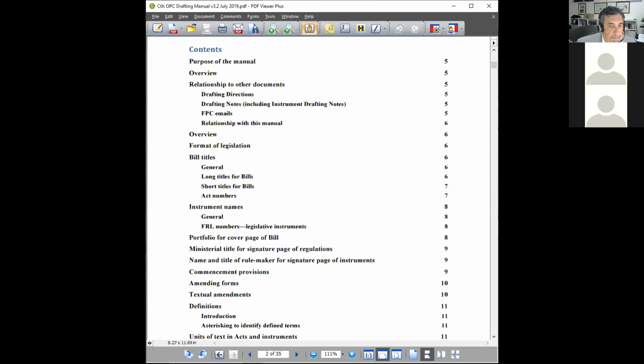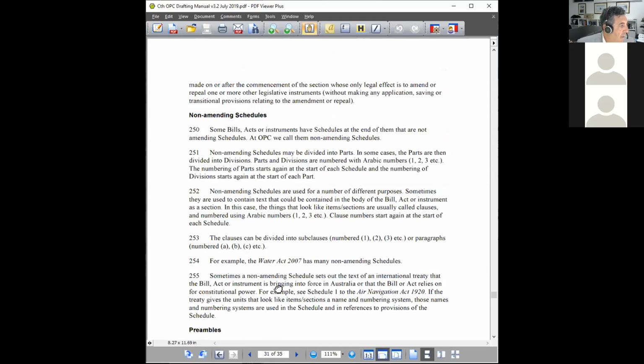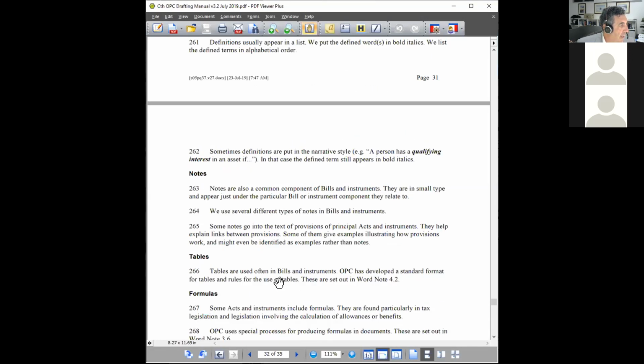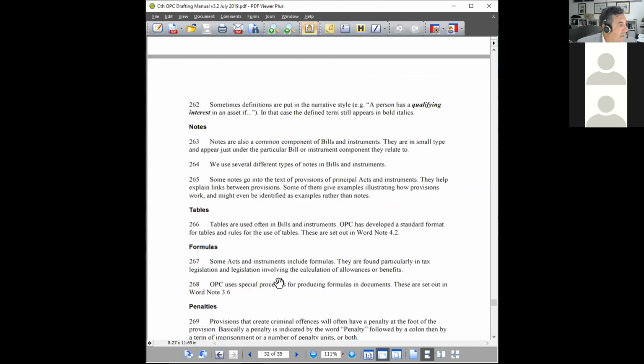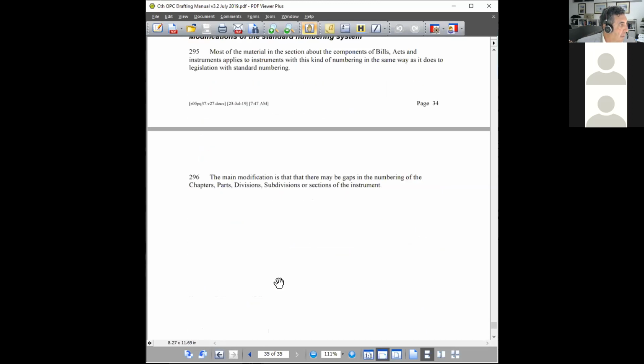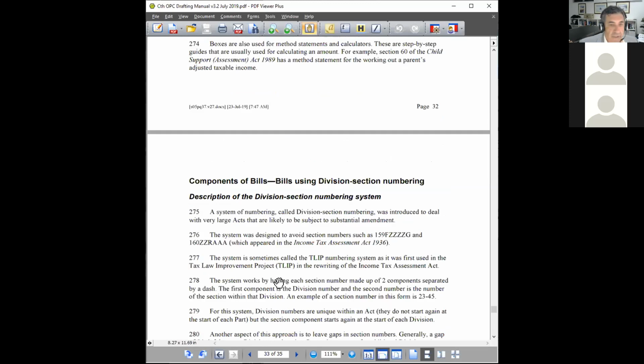So also for the purpose of this week's topic, see attachment A, which relates to components of bills and instruments. And I think from memory, that's page 31. So we'll just go through to page 31. And you'll see there, no, not quite. Attachment A. My apologies, I can't find it. But there it is, components of bills and instruments.